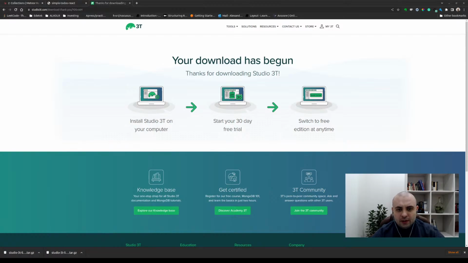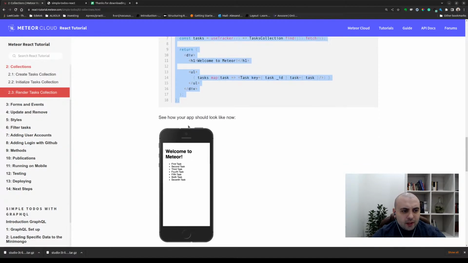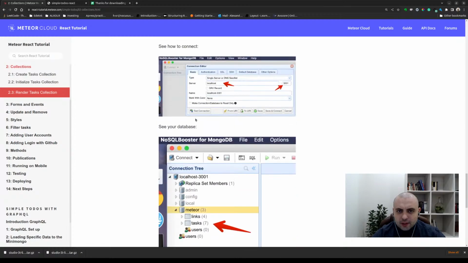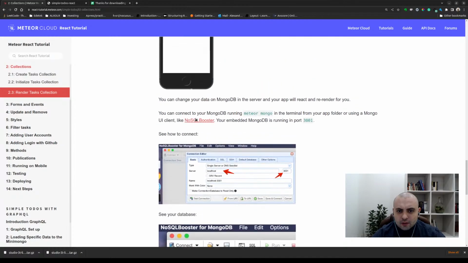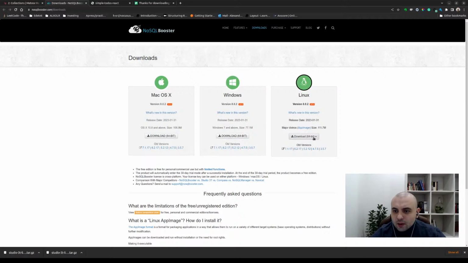Yeah, let me see. Maybe I can. Let's see what they use. Forms, methods. Let me see, maybe they have a UI client like NoSQL Booster. Okay, so they do recommend some application. Awesome. So NoSQL Booster. We'll be using this part because it's